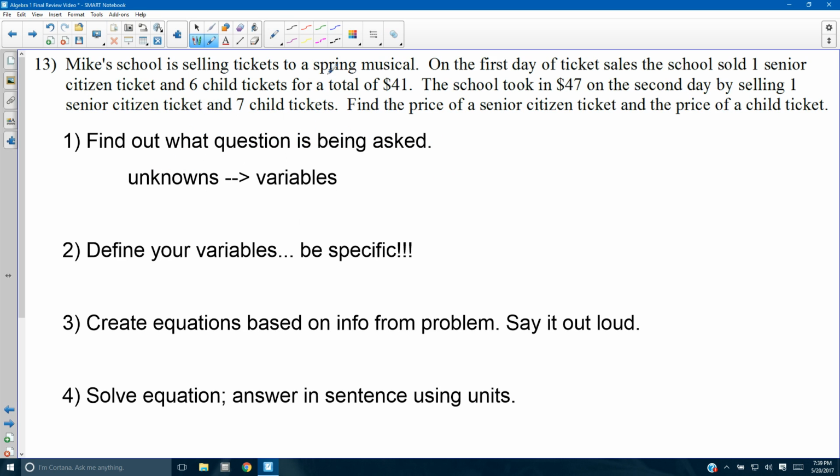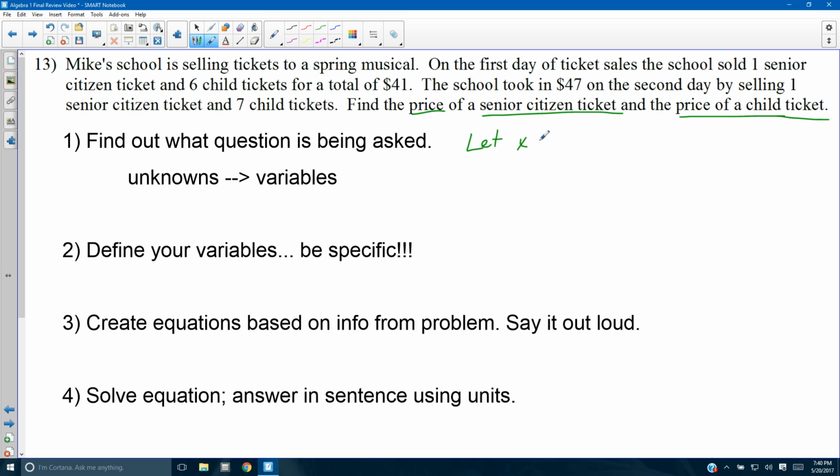Okay, find out what question is being asked. Your unknowns are your variables, and let's define our variables. I think these are kind of all one step. It's being asked to find the price of the senior citizen ticket and the price of a child ticket. So I do not know how much a senior citizen ticket costs. I do not know how much a child ticket costs. Those will be my variables. I can use the letters X and Y, S and C. I think for this one, I'll just do X and Y because S can look like a 5, especially my